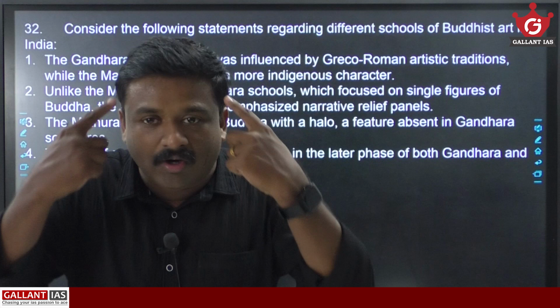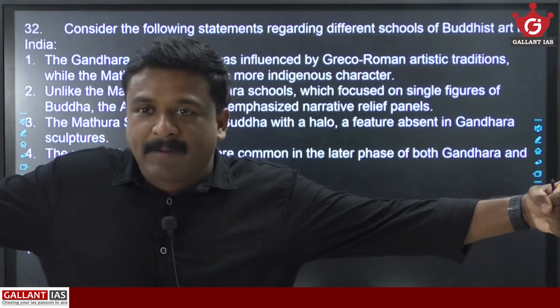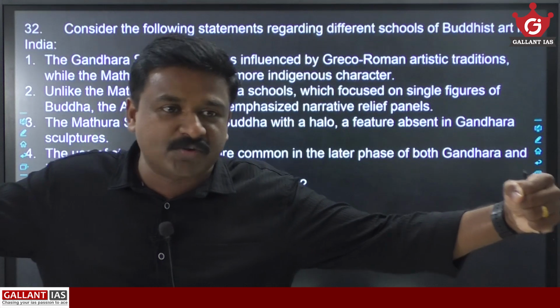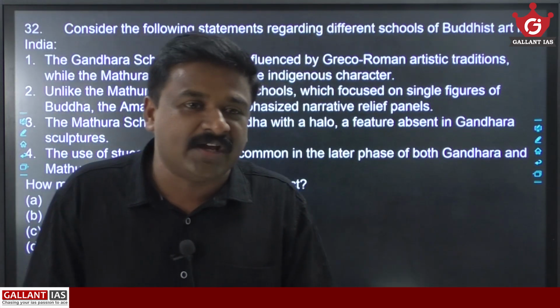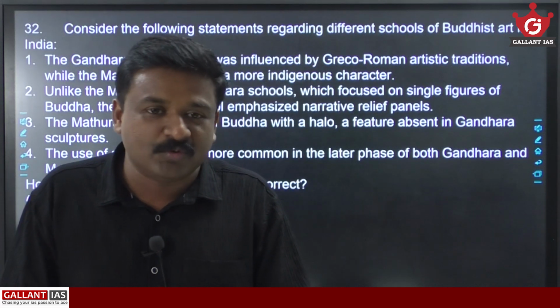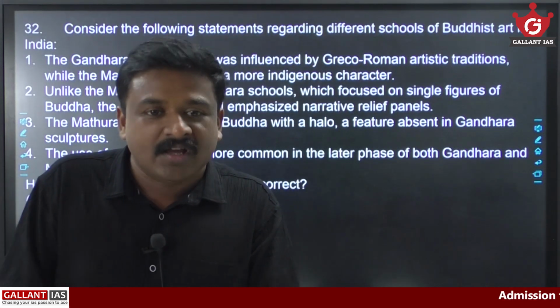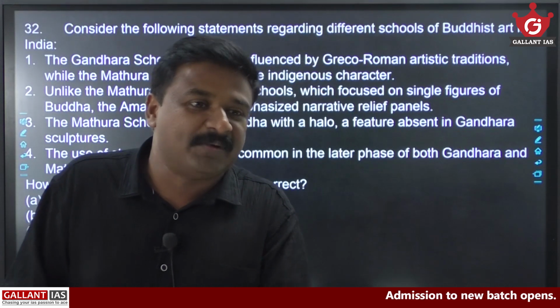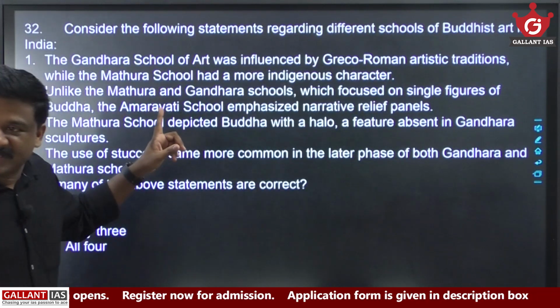The Gandhara Buddha has curly hair, with a six-pack, eight-pack body, a masculine physique. But coming to the indigenous Buddha, the Mathura Buddha is a more bubbly, laughing, or fat Buddha. There is no anatomical accuracy perfectly followed in Mathura, but it was perfectly followed in Gandhara because of the foreign techniques and foreign artisans' influence. So the first statement is fine.